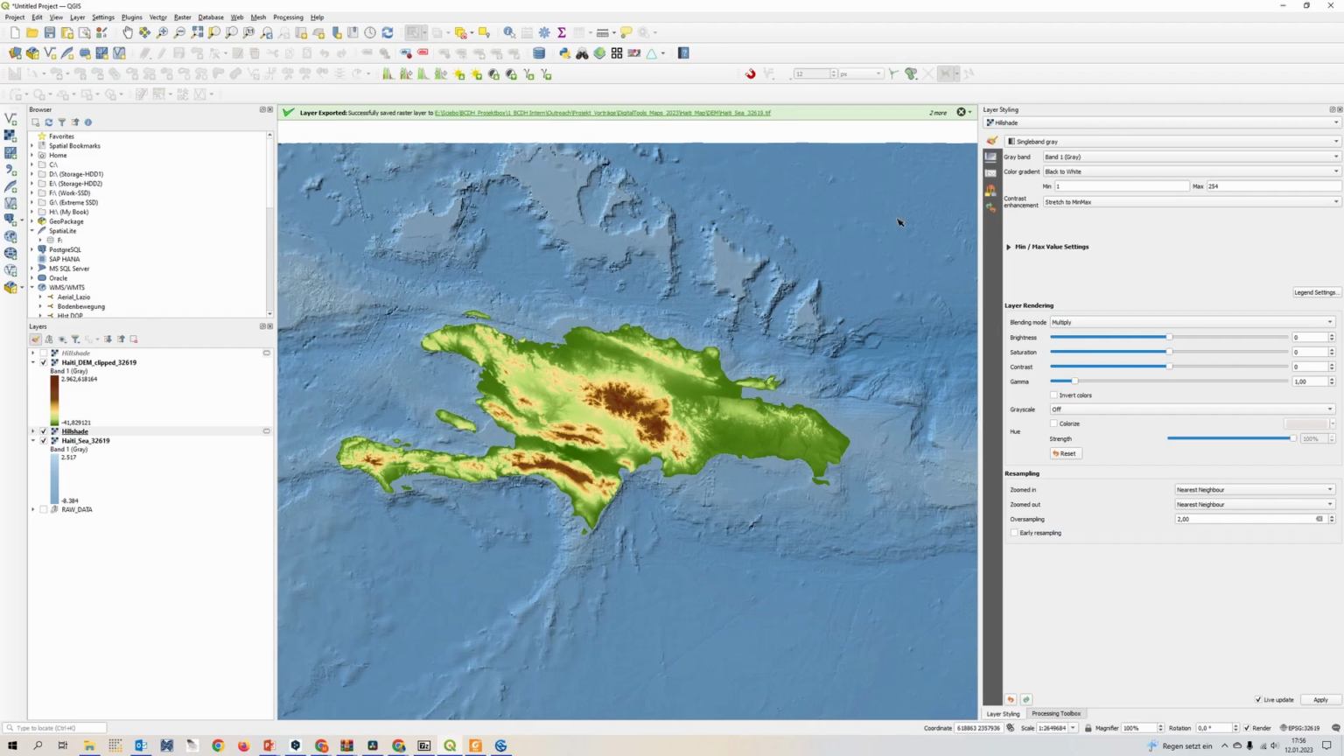Now you can see we have a combination of our hill shade we produced out of our DEM and the colorized version of our DEM itself. But that doesn't look really nice because the resolution of our DEM is not really good. And what you can do then,